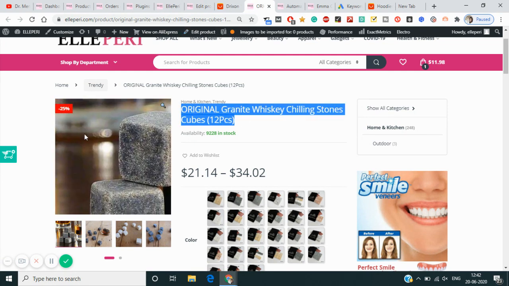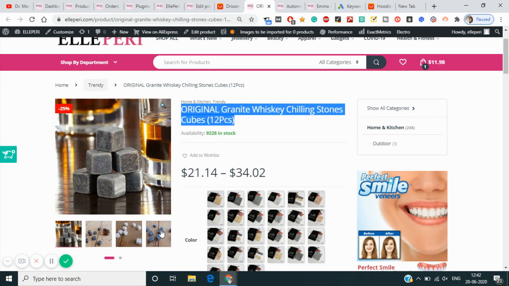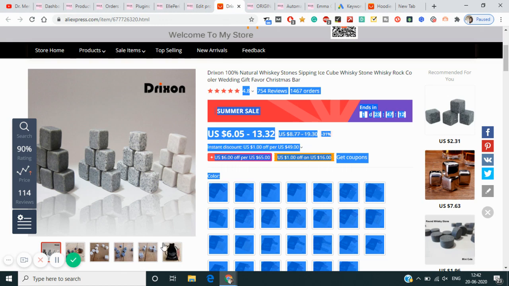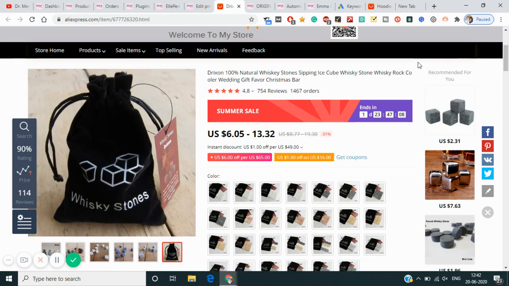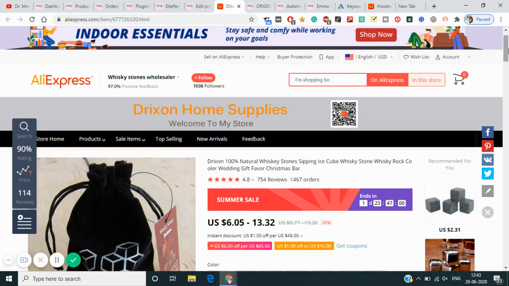And I changed the product image, and this is the gallery. You can add more images in the gallery as well, right? I have added a few more images in the gallery, so it will be easy for clients to understand the product, all the features of the product, the look and feel of the product. And how I imported it,